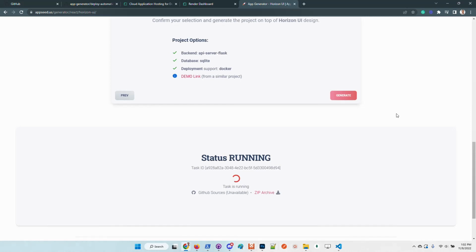For newcomers, the app generator works like this. The user submits a request, and if the generator accepts the request and the product is generated, the sources are automatically uploaded to GitHub for later reference, and also provided in zip format, in case we don't have a GitHub account and we prefer to use the zip archive. I will wait for the upload to GitHub for this demonstration, because